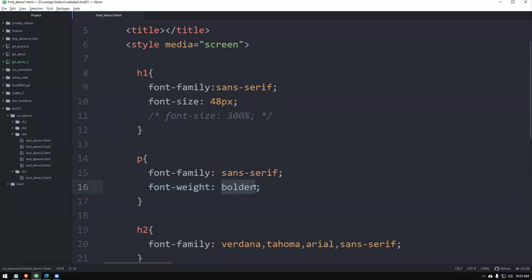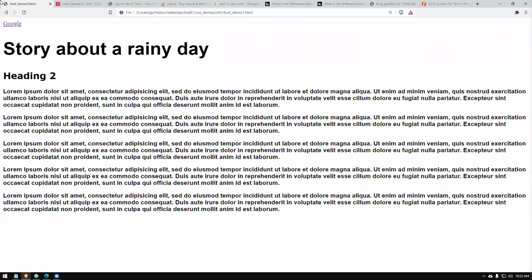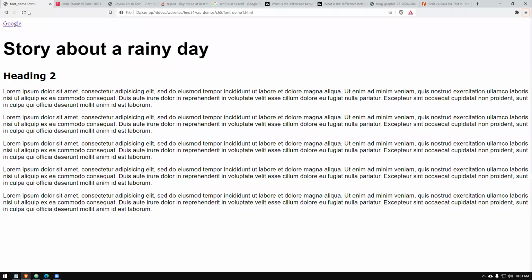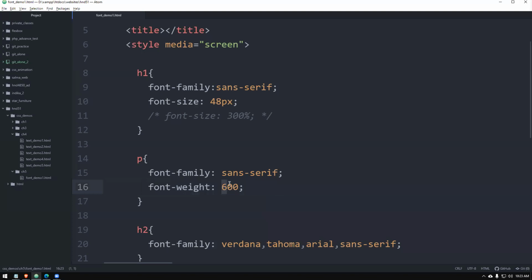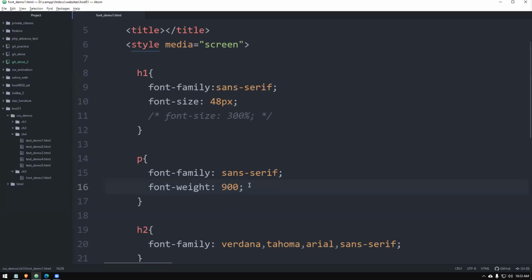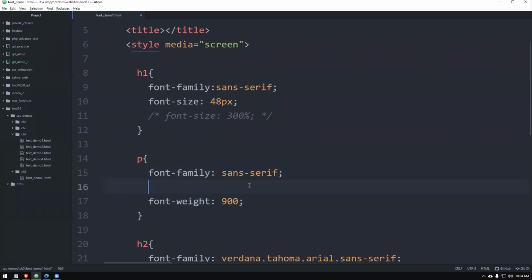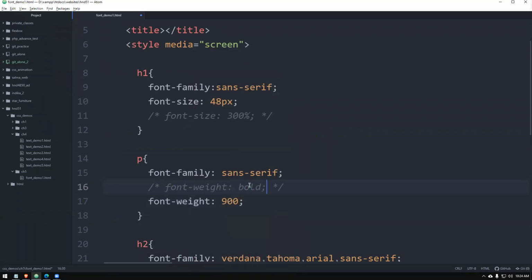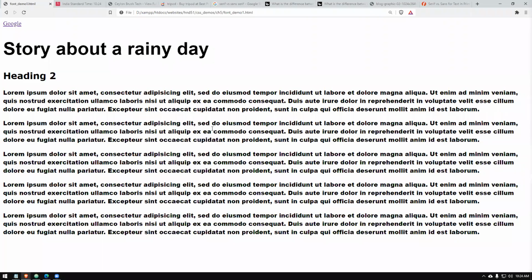Font weight, you can give in values. Font weight 300 is like normal text. Then you can give 600, that is bold, and 900 represents bolder. So like that it is coming. Thickness you can control like that. So I will have this one here. I'll give it like that. Bold. I'll comment that. The other values that you can give are 300, 600, and 900. That's possible for you to do.